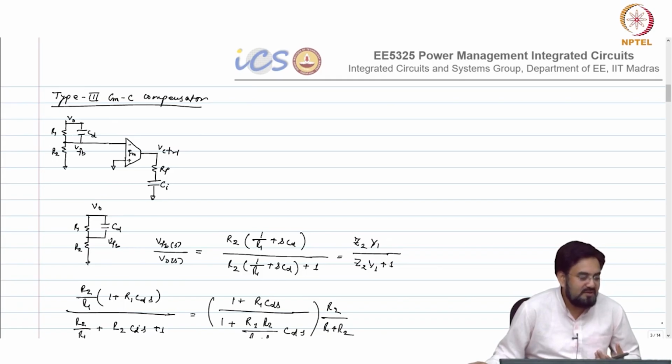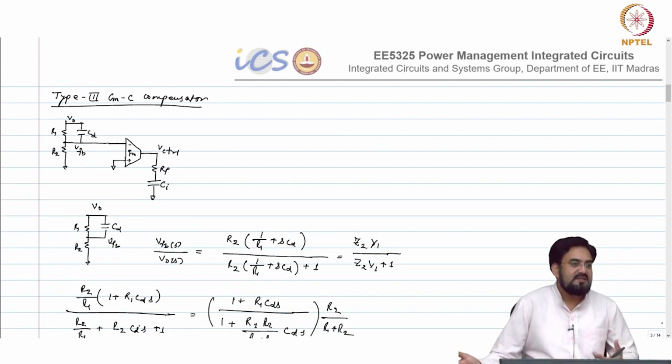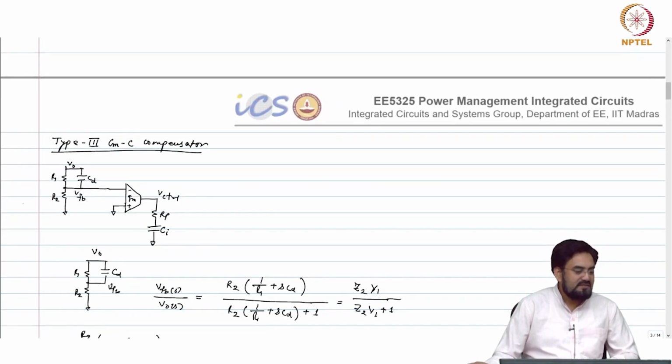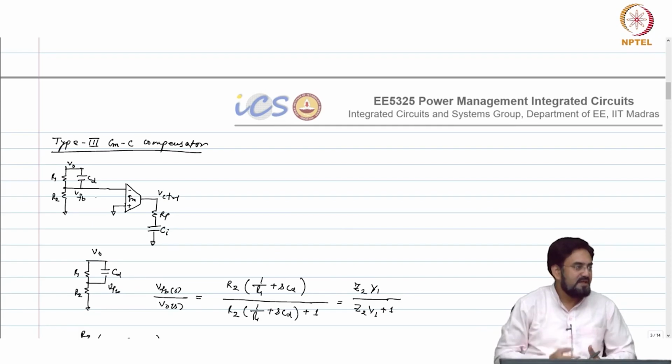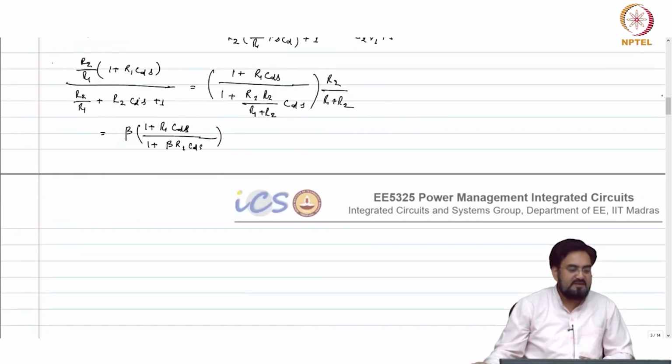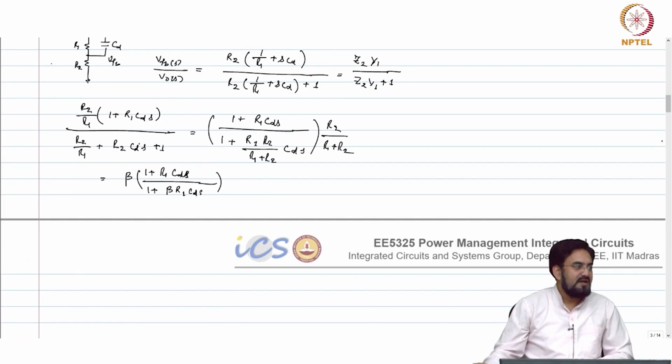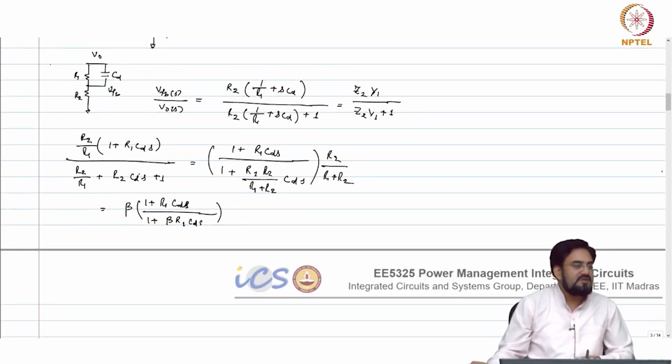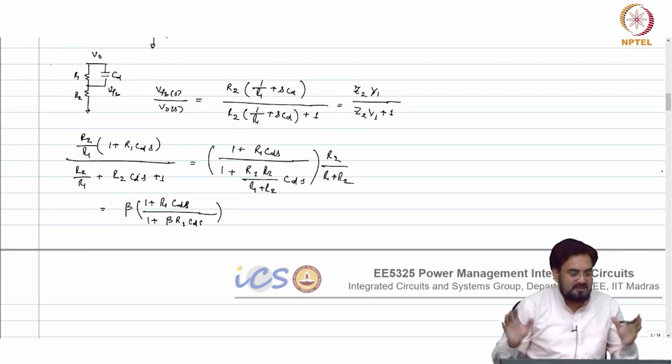So whether you have this cap or not, this GM input will always see V out. So this capacitor will not help. But if you have a beta factor, which means the feedback voltage is divided depending upon beta, and if your beta is much smaller, let us say 1 by 100, then you get a 100 times gain advantage there, and the effect of 0 will come into picture. So this is only effective if your beta is very small, and we know that this pole should be outside UGB, we cannot keep this, otherwise effect of 0 will go away.